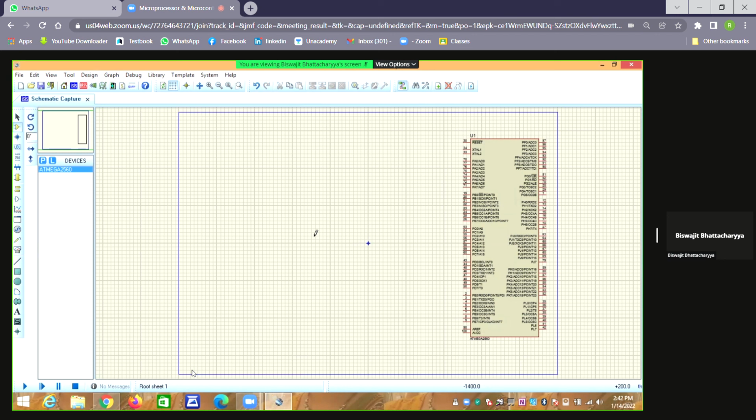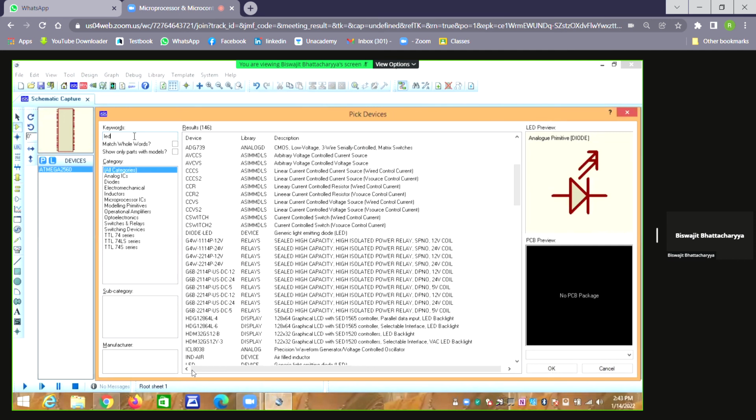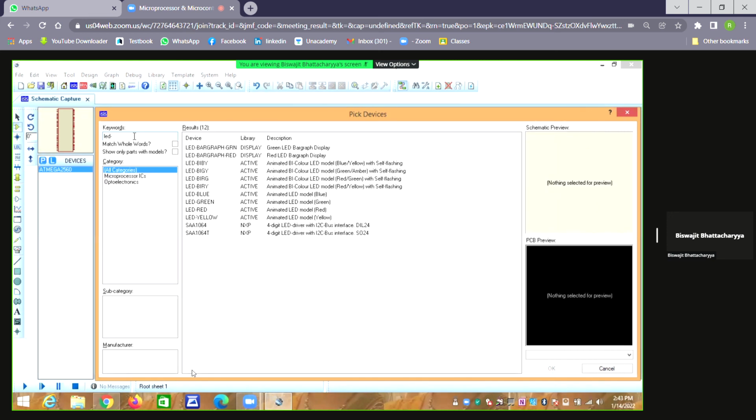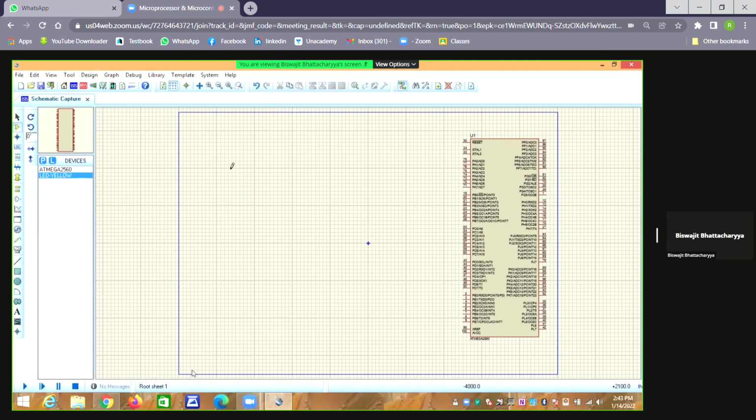That is, we want to get LED. So I go to P, type LED. Different LEDs are coming. There are immense sources, different types. So I click LED dash hyphen. Once hyphen, different things are there: LED blue, LED green, LED red, LED yellow. Say I am clicking LED yellow. In the manual it is given LED red, but say I am writing LED yellow. So I am clicking it 8 times.